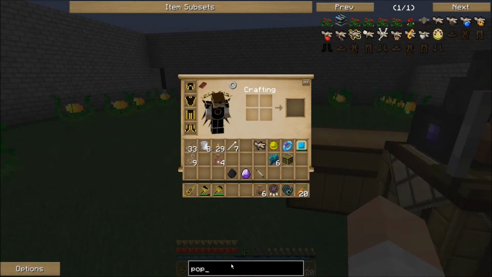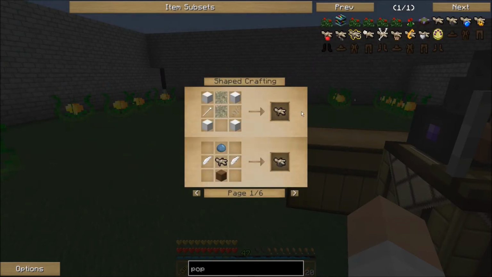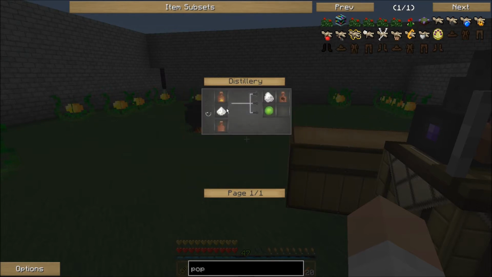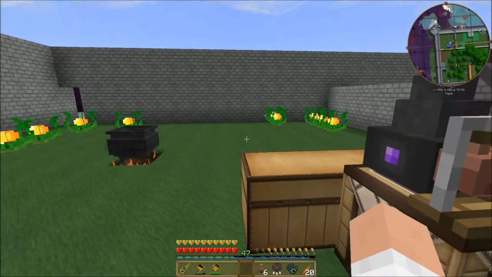Let's go back to looking at Poppet. So it's weird about the Poppets. Whenever you click on a Poppet, it brings up all these different crafting recipes, and you have to go clicking through them. This is the one I'm looking for, the Death Protection Poppet. Got the gold, no problem. I'm going to need some diamond vapor, so I'm going to need oil of vitriol, which is quicklime and foul fumes. So shoot, I'm going to need a bunch of